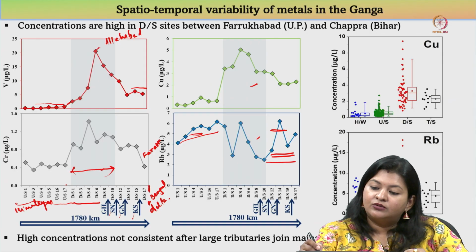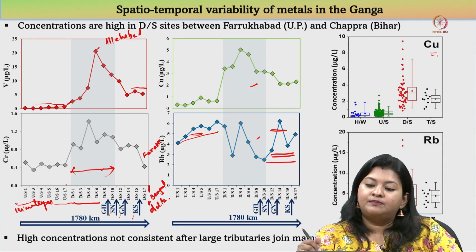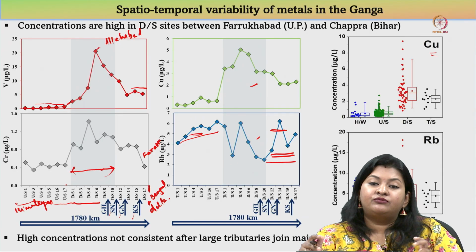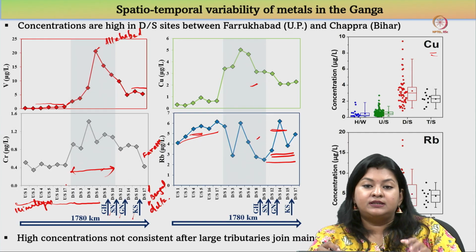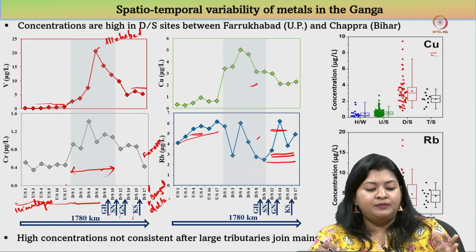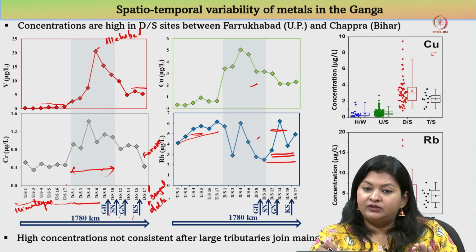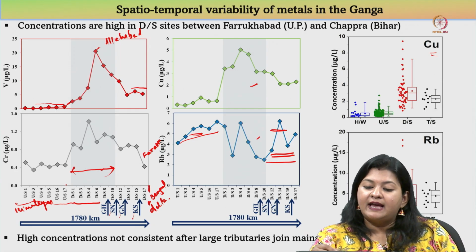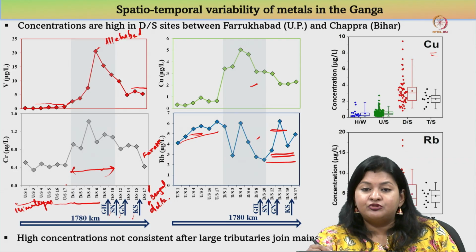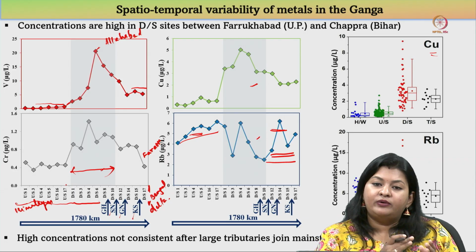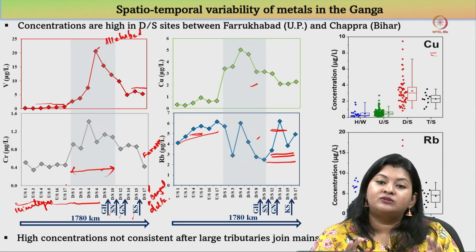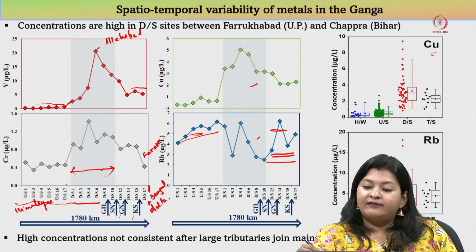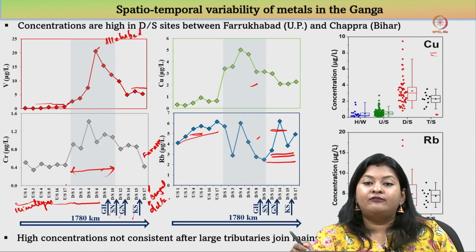Similarly, when you see here, copper very nicely shows this. So, this is a plot showing the different regions. We have the headwater that is very close to the glaciers. We have some points there, maybe 50-60 kilometers downstream of the glacier, that is basically the proglacial zone. So, we have the headwaters there, we have the upstream. Then, following the headwater, we have the upstream catchment of the river. Then we have the downstream catchment, and then at this particular last location, we have what is called a time